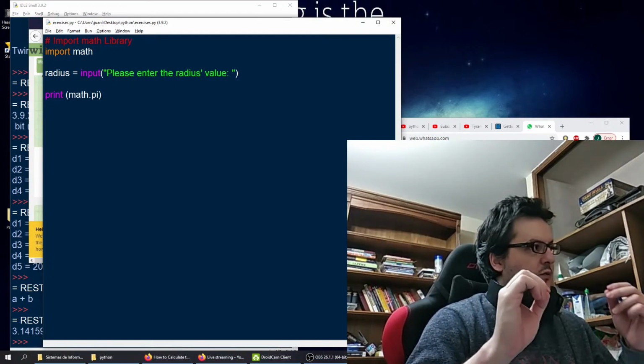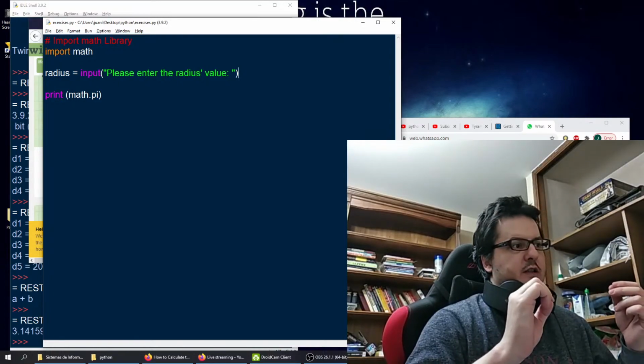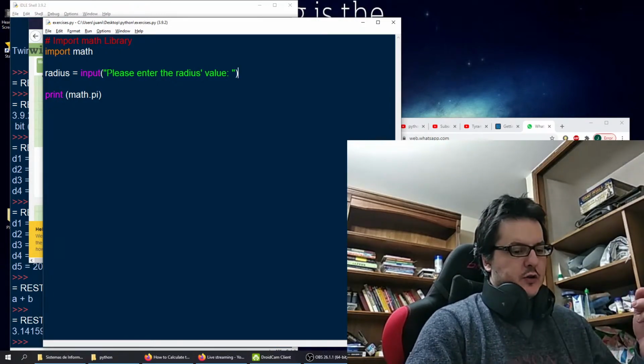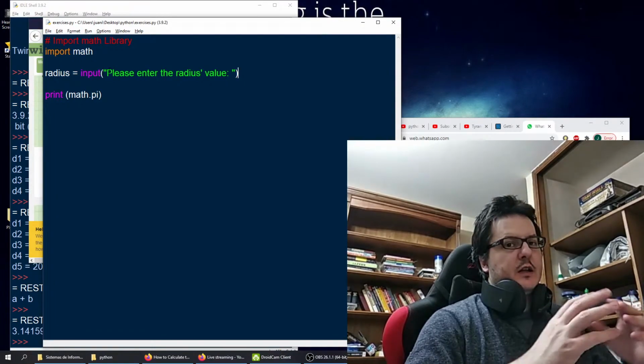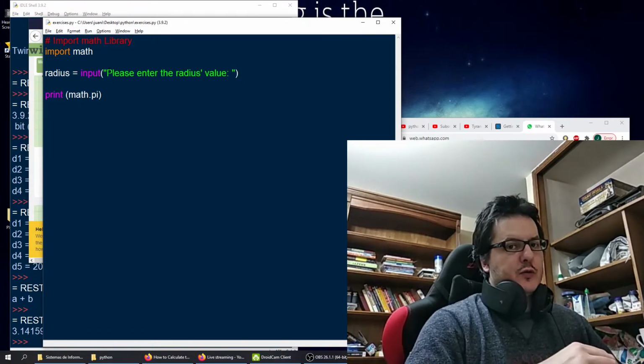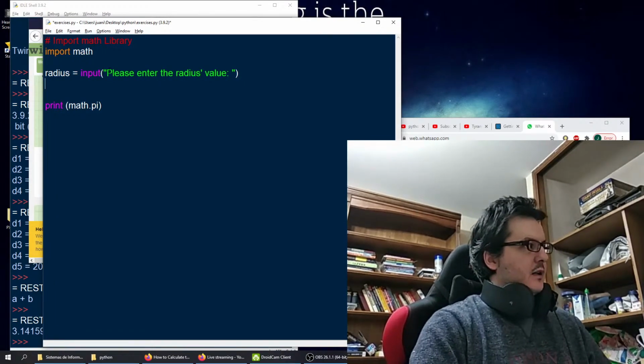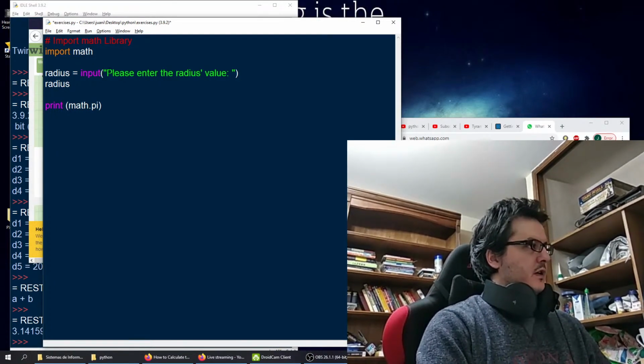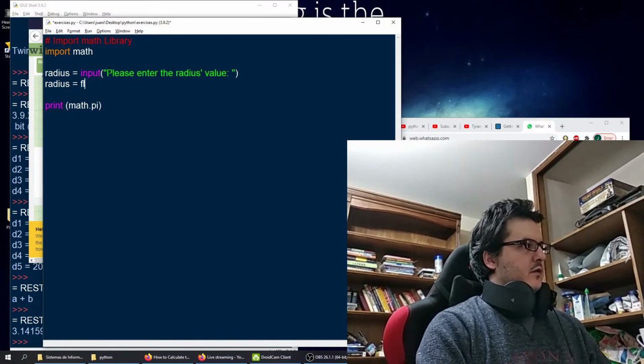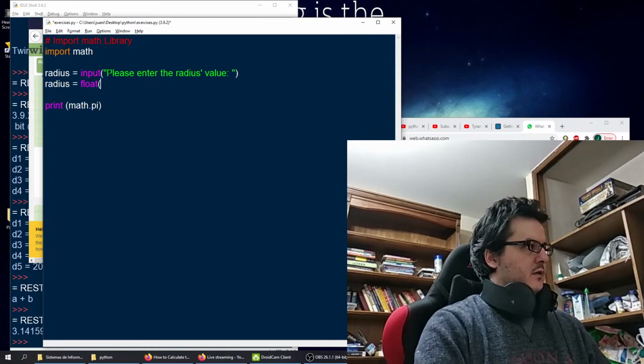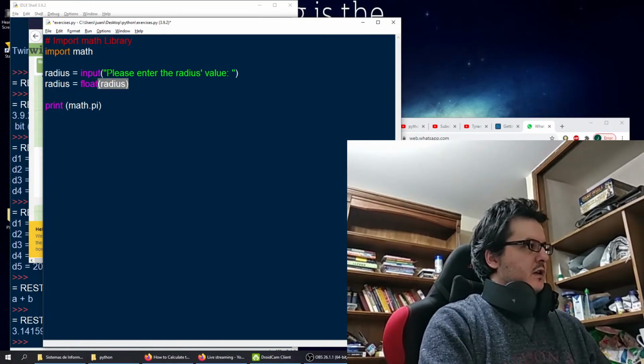In this case, we're working with pi, which is a decimal number, so we will turn it into a float. How do we do that? We say radius is equal to float radius,